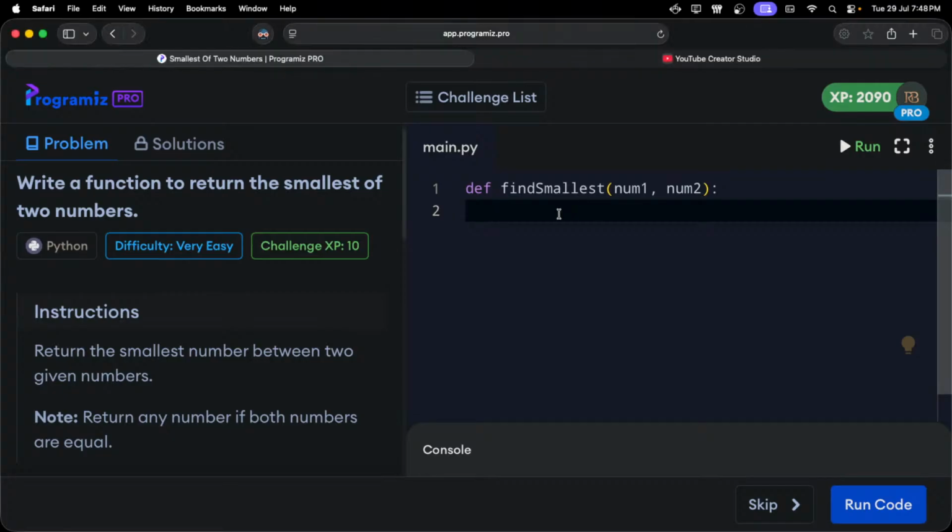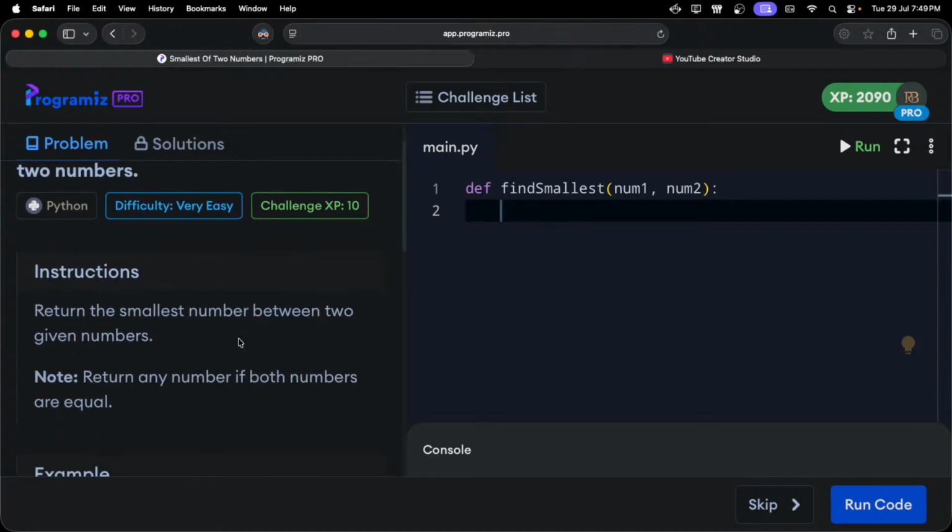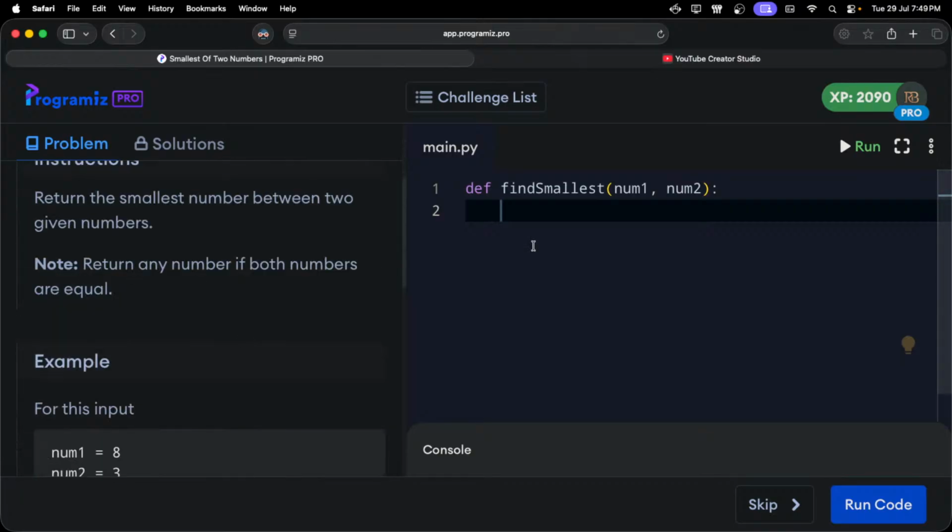To find the number that is the smallest between the two, we will be given two different numbers, right? So we can either use the max function, num1 and num2, or what we can do is we could,